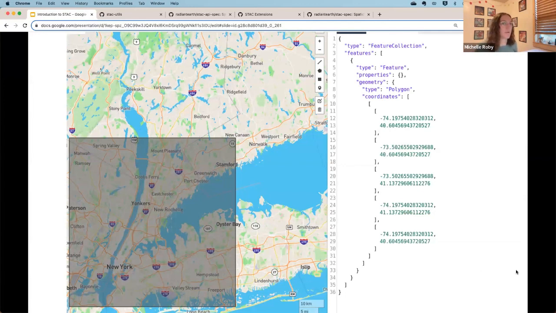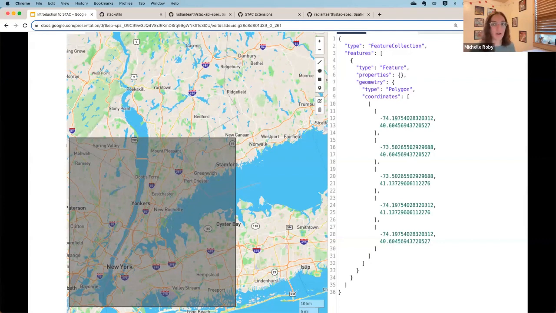So this is an example of a GeoJSON file. We can see it on the screen. It's a feature collection, and it's a polygon, and here are the coordinates for that. And we can see a preview of that on the map.